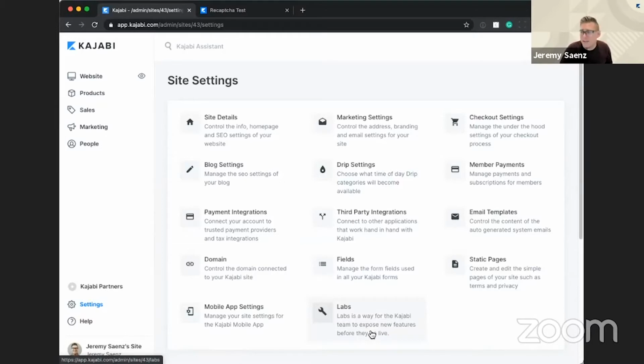In the past, what we've had to do is you've had to reach out to customer support and say, I heard this feature is available. Can you enable it for me? And then if you wanted it turned off for whatever reason, you have to reach back out to customer support again. Not anymore. And so Kajabi Labs, there's a lot of really cool beta features that we have right now